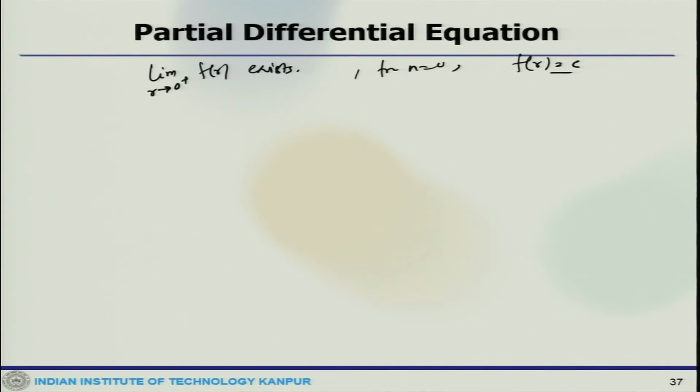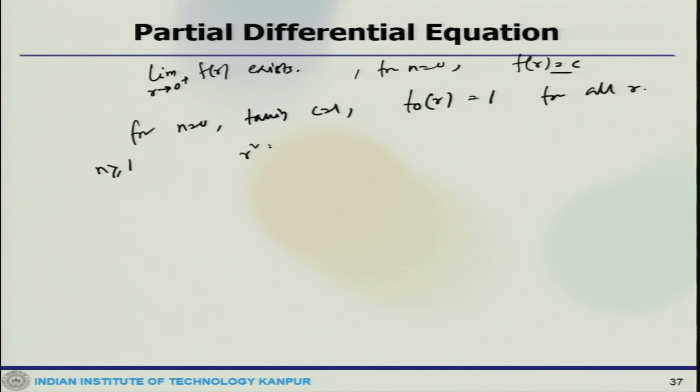So, now for some constant c equal to 1, if we take n equal to 0, taking c equal to 1, which will give f naught of r is 1 for all r. Now, we can consider other cases where n is greater than or equal to 1. So, the differential equation becomes